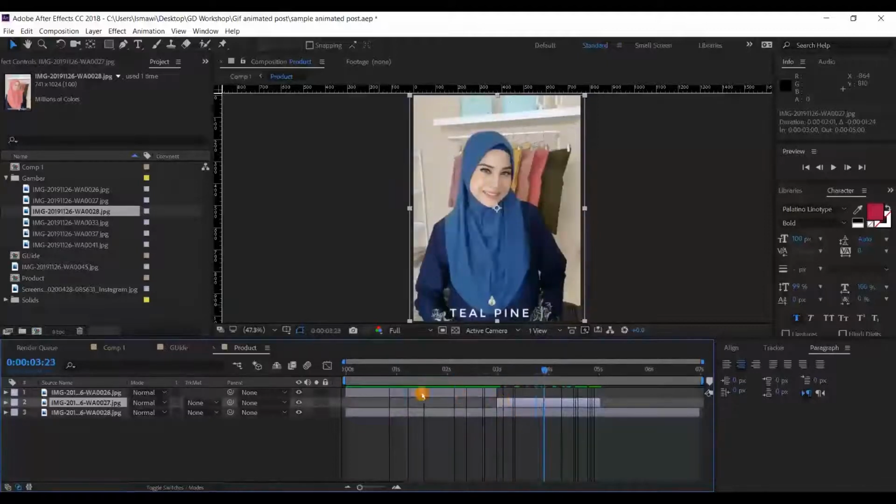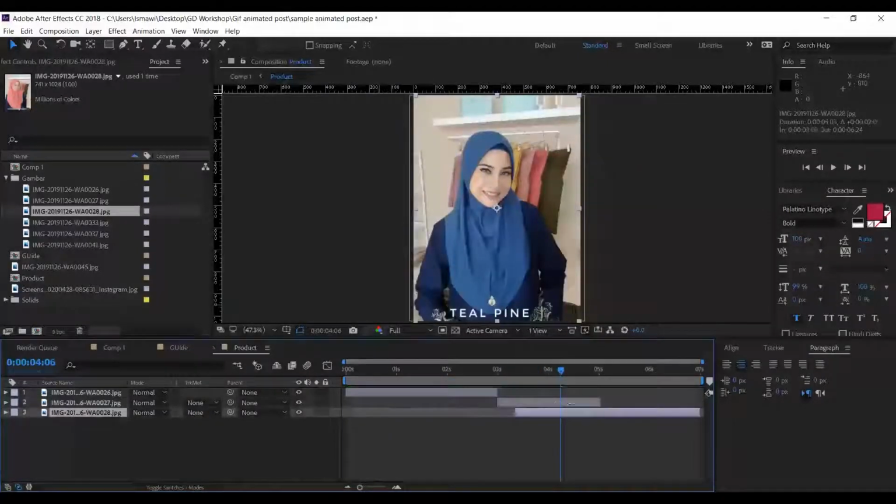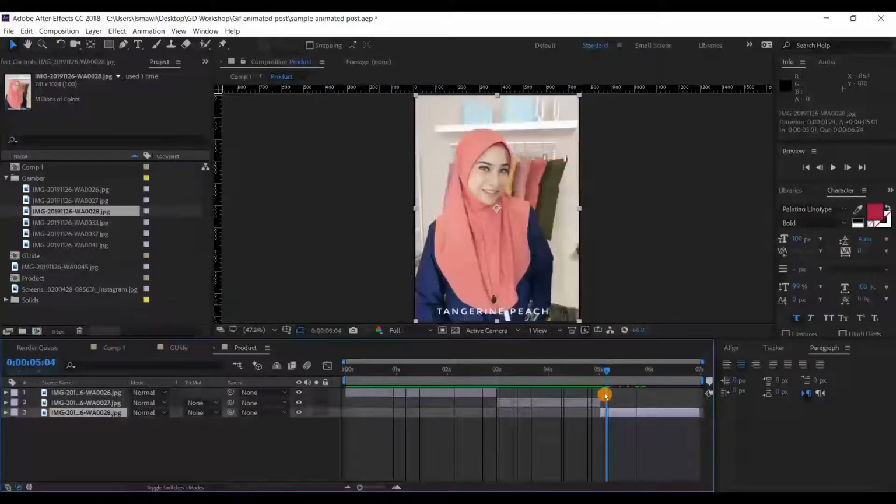So you can see the picture is changing already. Okay, and then the last picture will be starting from 5 seconds till the end. Okay, you can use the same template for another set of different pictures, because inside the story we can add more story, right? So we create a 7-second clip using the same template but different pictures.